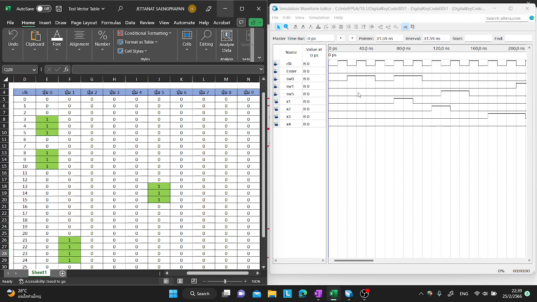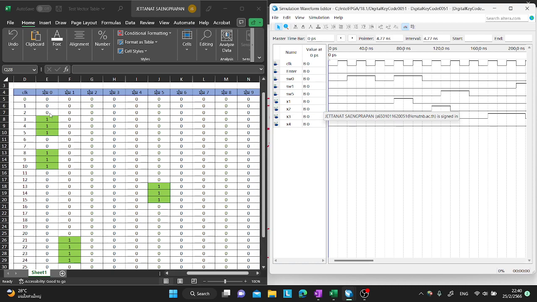Okay, from this clock 0 is 0 1. From clock 0 1 is still 0, which means I don't press anything, and this state is clock 3,